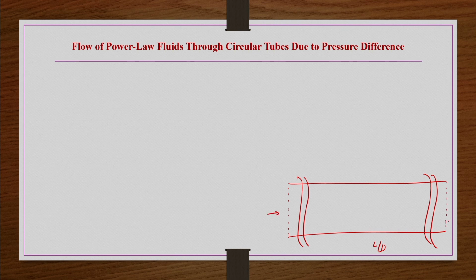What is the velocity distribution for this case, that we have to see, and then what is the volumetric flow rate, and what is the friction factor? Because now the fluid has changed, the friction factor will also change. Under what range of Reynolds number is the flow going to be laminar, and under what range turbulent? All those things we are going to see one by one in coming lectures as well.